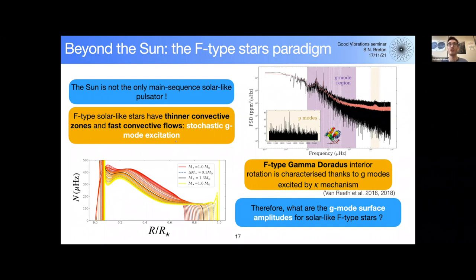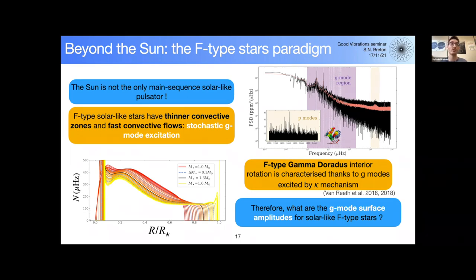So that means that you should expect more intensity in the stochastic g-mode excitation and you will have less distance to cross for the g-modes to tunnel across the